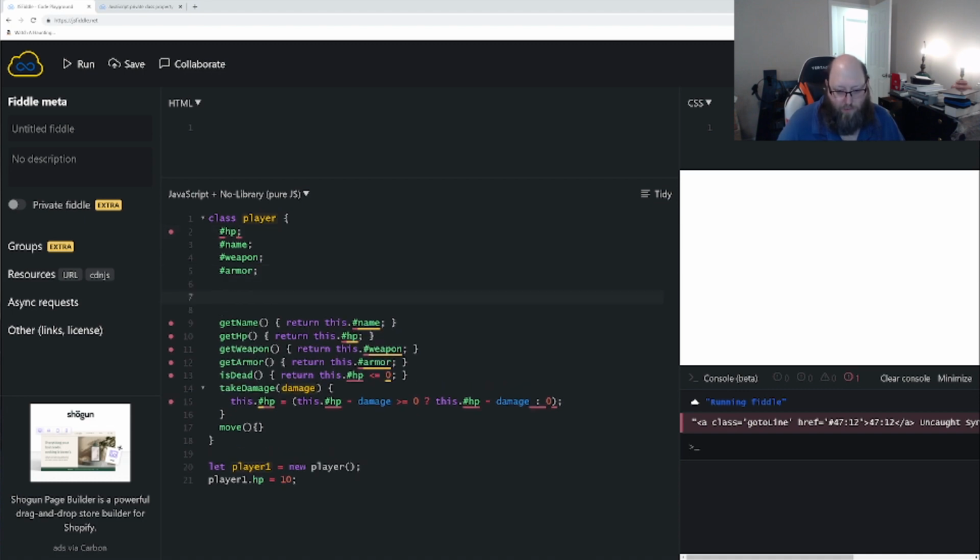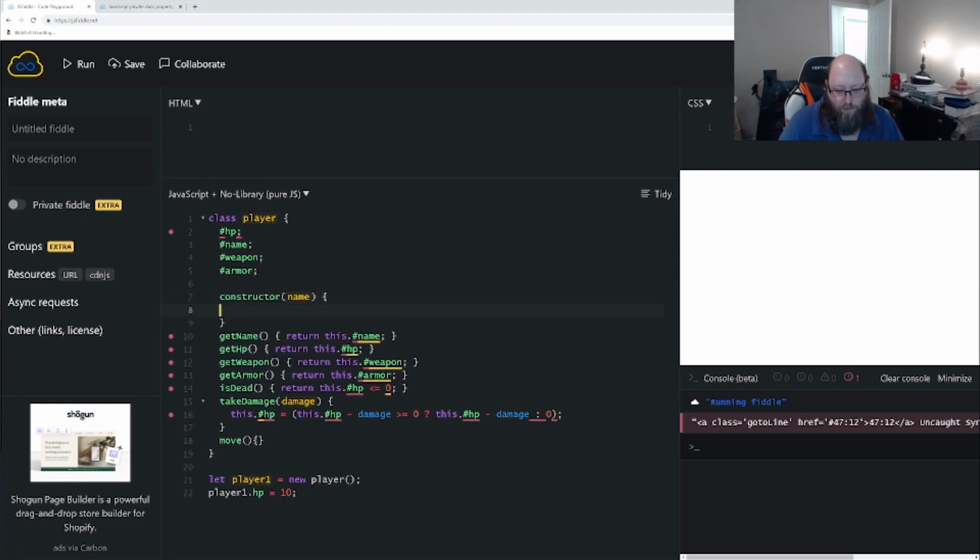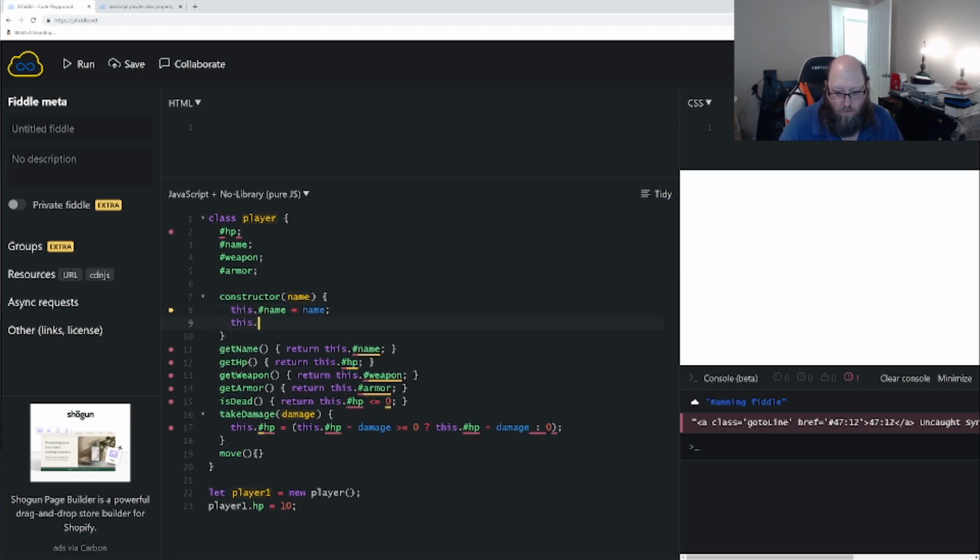And actually, we do need to make a constructor, I guess. We're not going to pass anything. We'll pass through name, but everything else will be just defined by default values. We'll give it a random amount of HP. So we're going to say Math.random